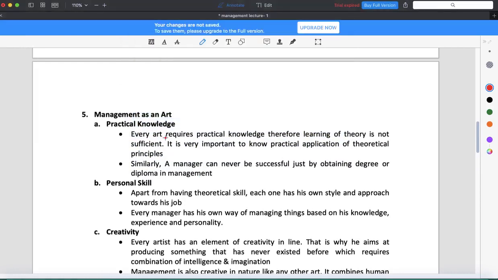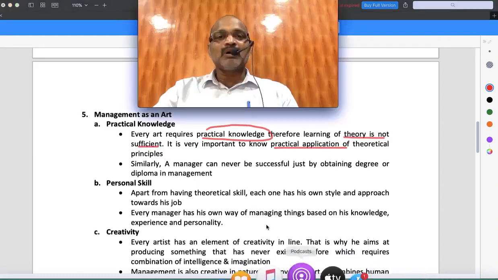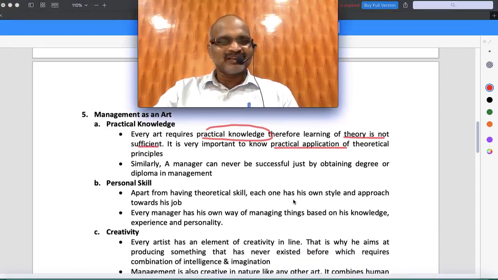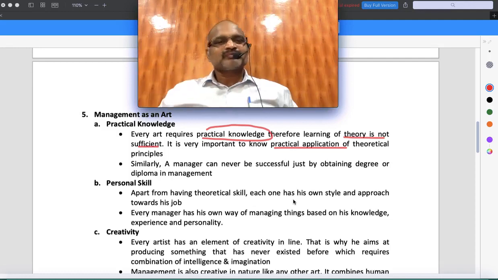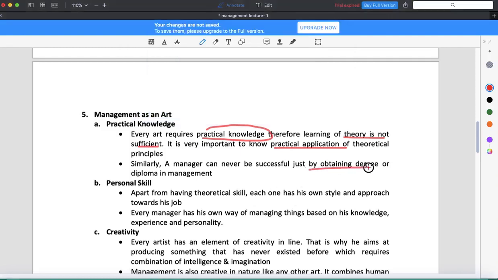Every art requires practical knowledge. Therefore, learning theory is not sufficient. It is important to know application. You know theory and you don't know how to apply, just like Indian education, right? You learn something in the class, when you go to company, your face goes pale, you don't know what to do. This happens. If you have knowledge and you're not able to implement this in practice, there is no use. Similarly, a manager can never be successful by just obtaining a degree or diploma in management